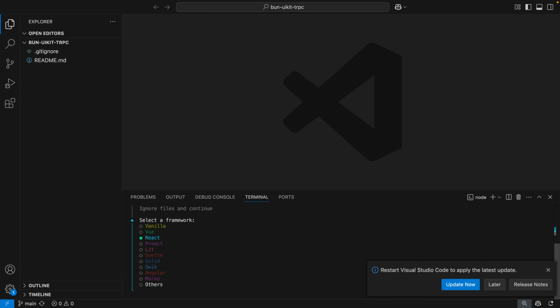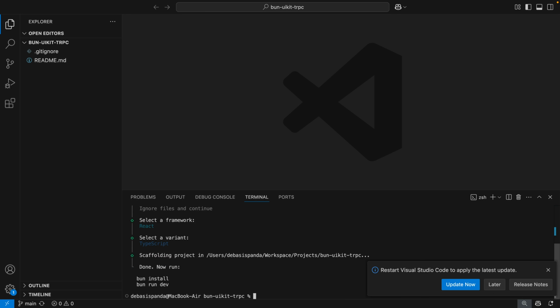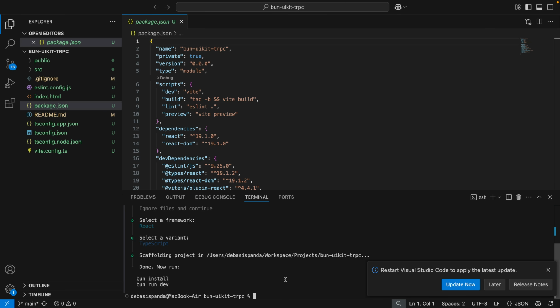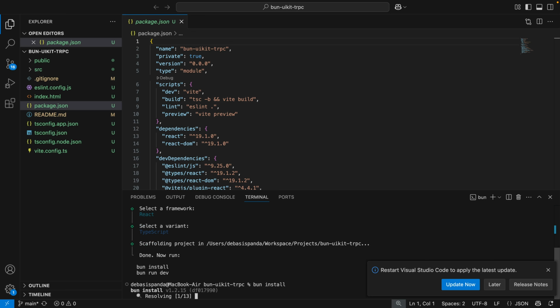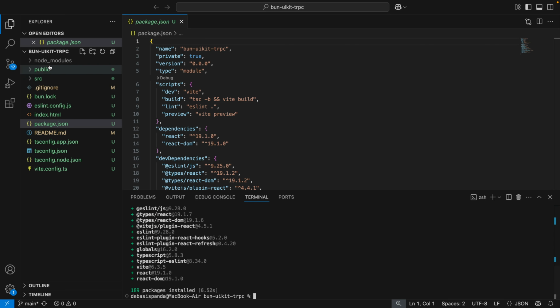We'll use React, let's say bun install. Yeah, done. So you see, we have got a bun.lockb file, similar to package-lock.json, and then we have the